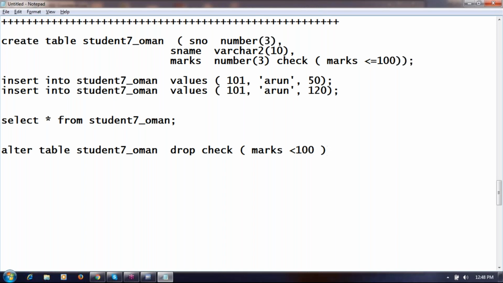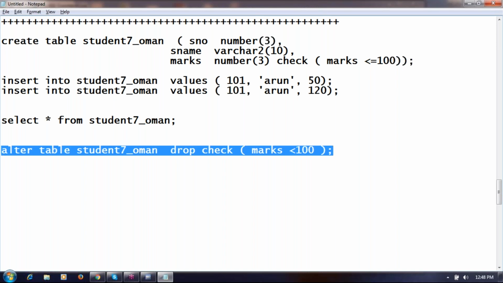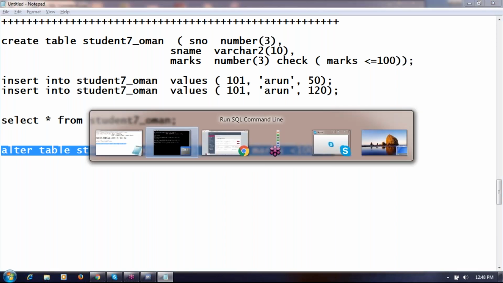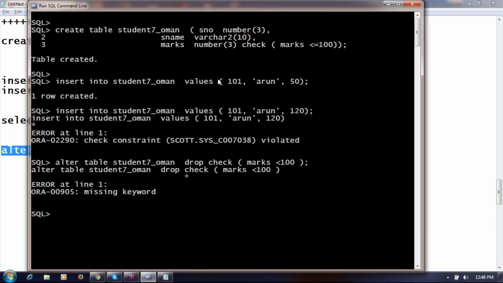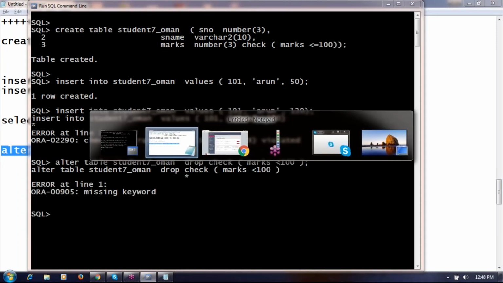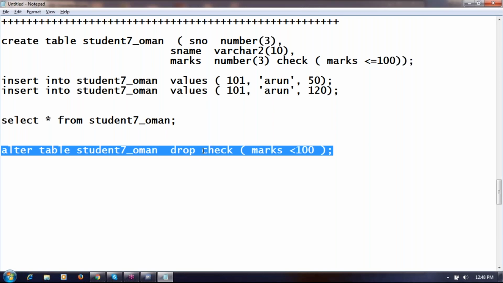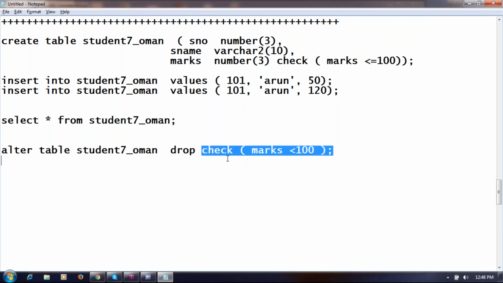Yeah, there is a check constraint. What is the nationality of Jamal? This will not work. Okay. Like how we simply write drop primary key, drop unique, drop check will not work.